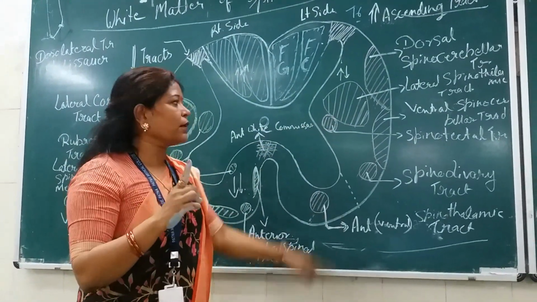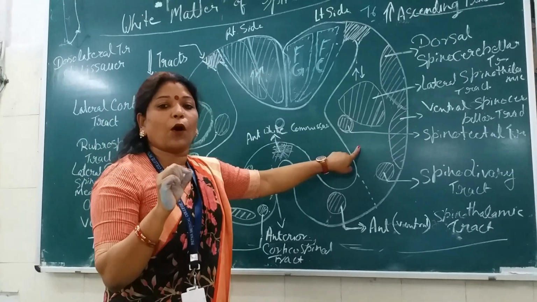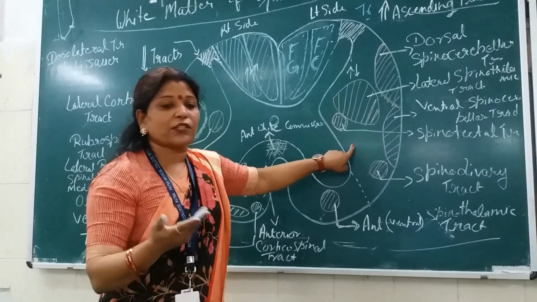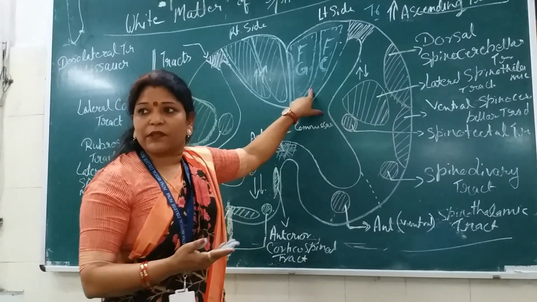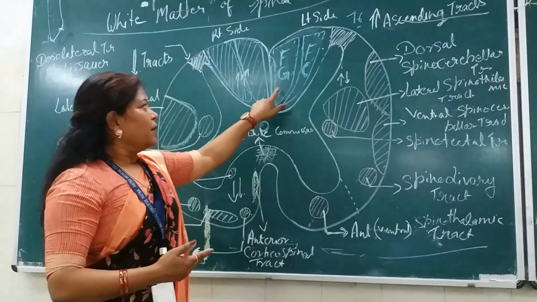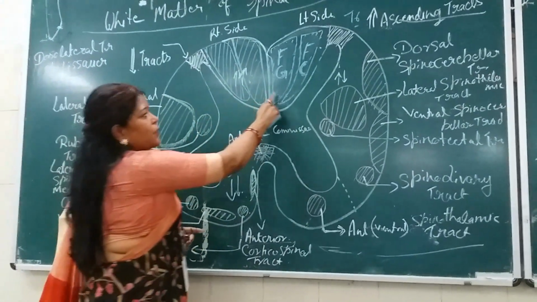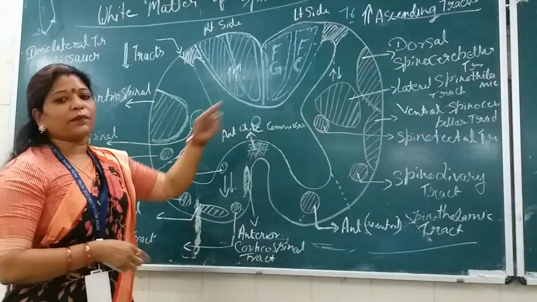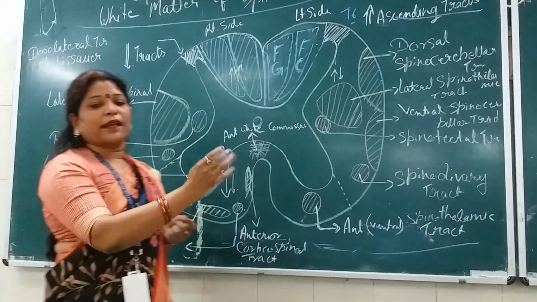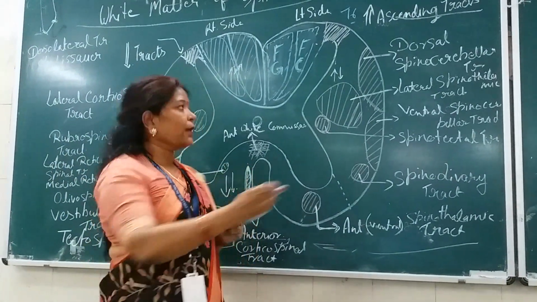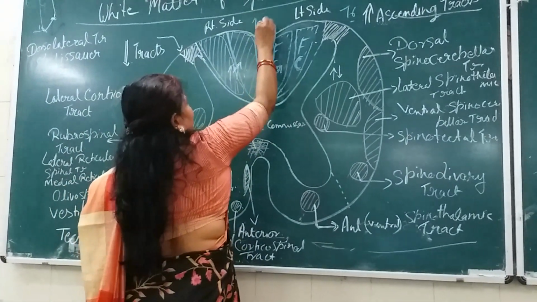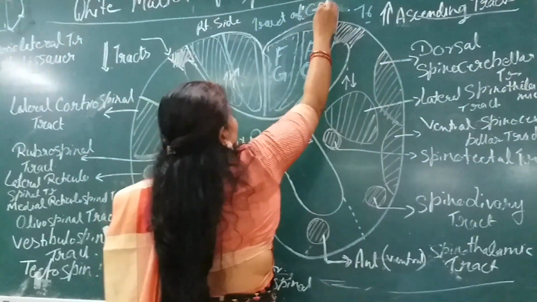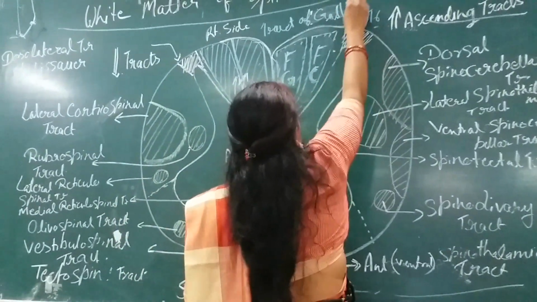Very good. The unconscious will be carried by another tract. That is very important. These things are always asked in the objective, sometimes in viva. Unconscious proprioceptive impulses are carried by which tract? Conscious proprioceptive impulses are carried by which tract? So a very important point was there. So fasciculus gracilis and fasciculus cuneatus. Another name, sometimes, is the tract of Goll and Burdach. Okay. Sometimes it is called the tract of Goll and Burdach.